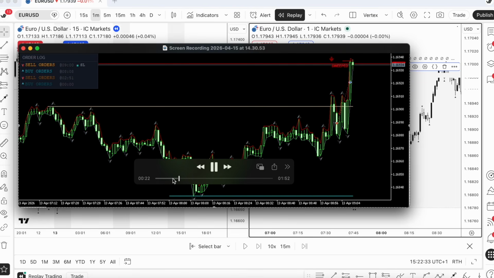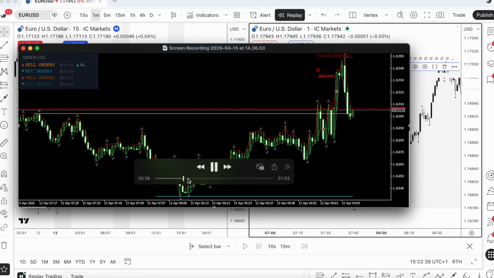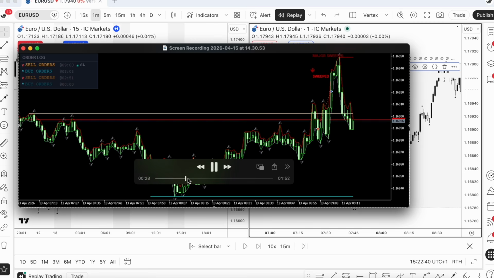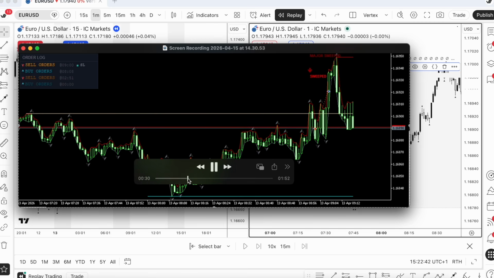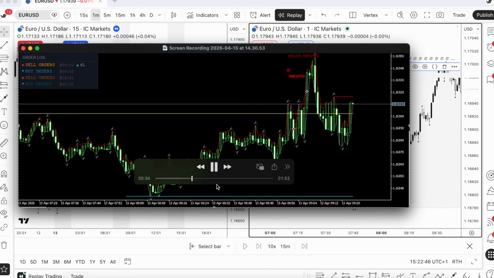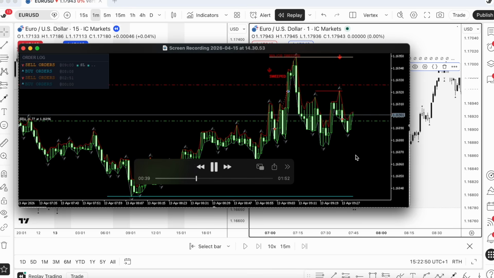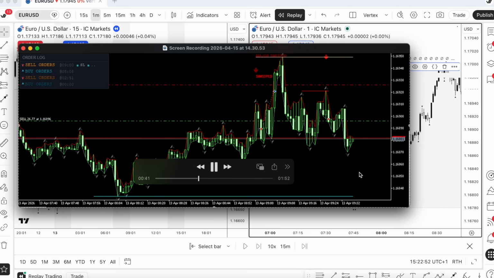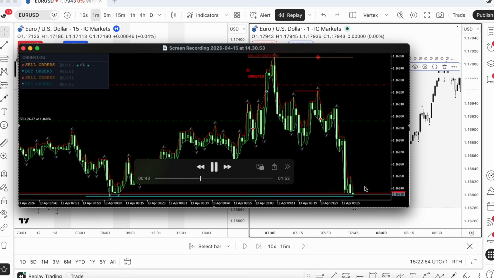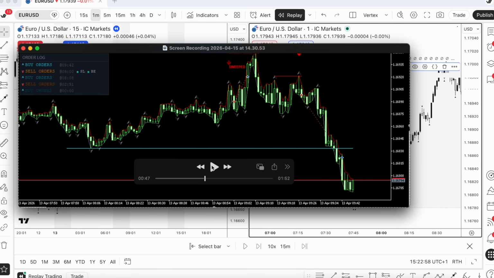So that one loses, and that's the very first trade. Now obviously we're still in a sell bias, as you can see on the left. Now we're just waiting for the next sweep, which happens quite soon. Here it comes, and then we have our entry, and then what you'll see is a yellow line that will come up here. That is our profit lock bit. So this is when our stop loss gets moved, and where that trade is closed,